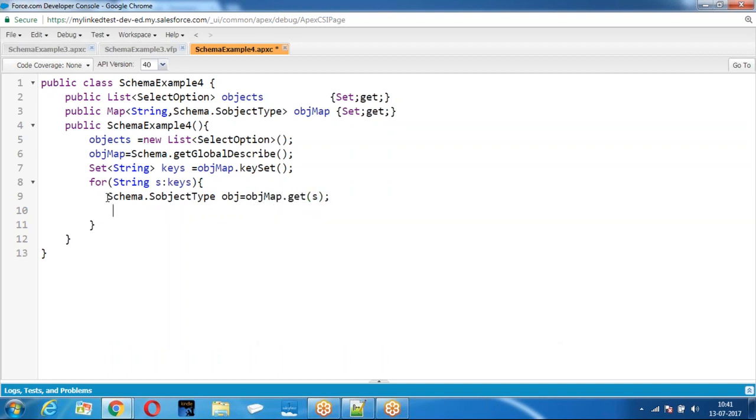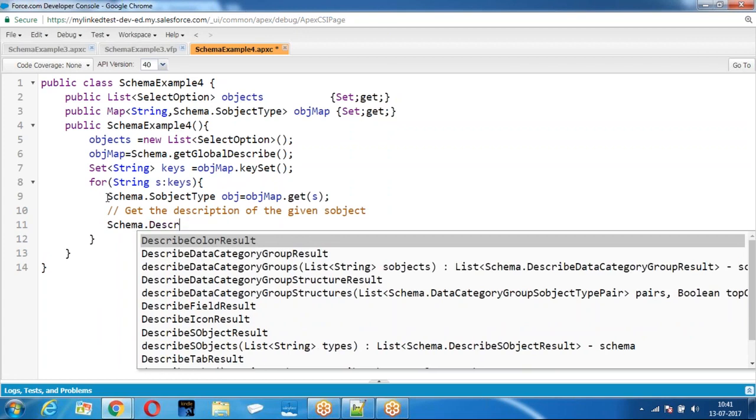Then I am going to check. Once you got the object, how do you get the description? I only fetched the object, but what is my requirement now? I want to know whether it's a custom object or a standard object. Then get the description. So how do you get the description?